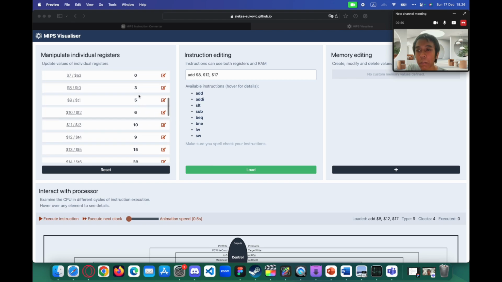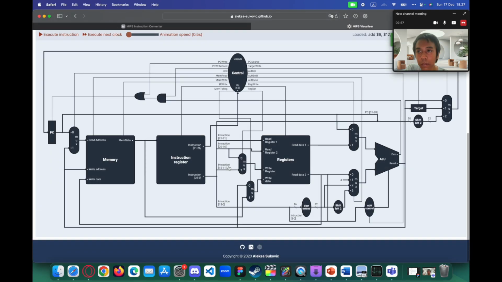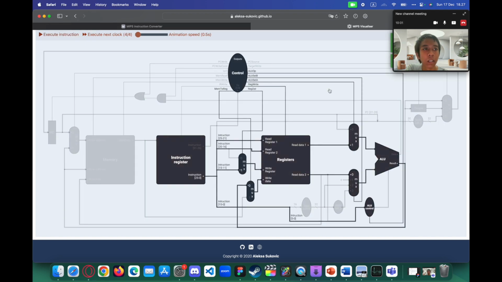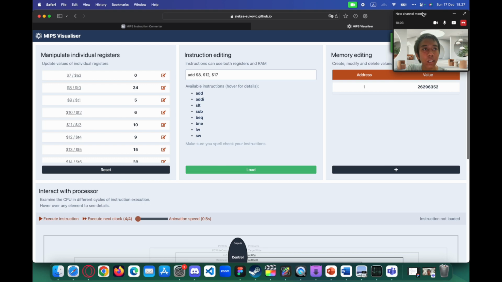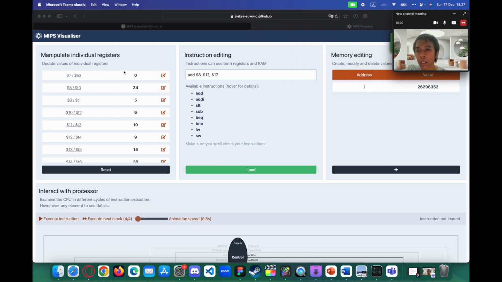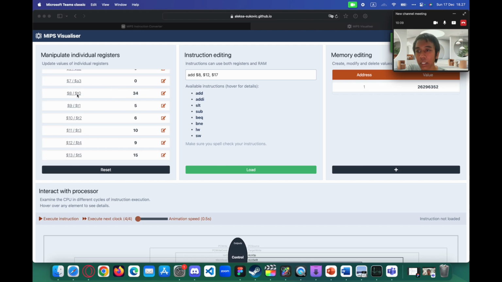It will put 34 into address 8. So let's see. Execute this, and then it's done, successfully executed. We will see 34 in address 8, so it is working.